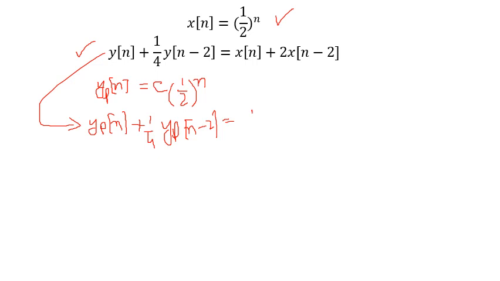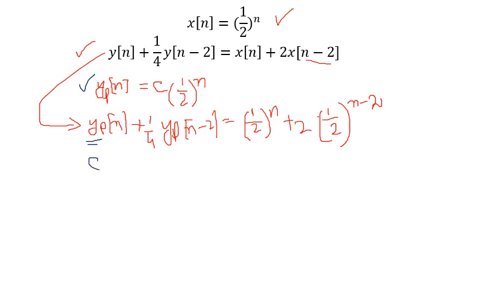So x of n is 1 by 2 power n plus 2 times x of n minus 2. So it will be 1 over 2 power n minus 2, you understand, n minus 2 means you replace n with n minus 2, so we get this thing. Okay, so the next step is that we replace the value of y of p. So y of p is this one, so if we replace, we get c into 1 by 2 power n